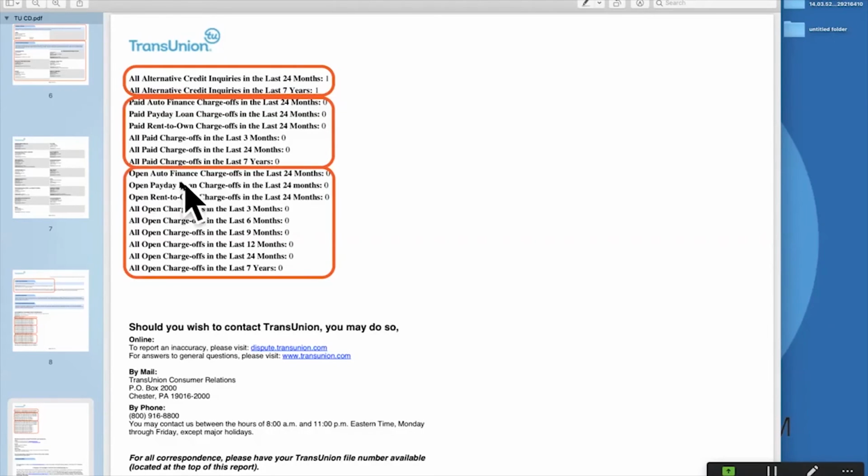But notice paid charge-offs, open auto charge-offs, all open charge-offs. They keep track of everything, guys, that's in the hard money, or hey, we're in a difficult place and we need to use extraordinary measures to get money. They're measuring it.